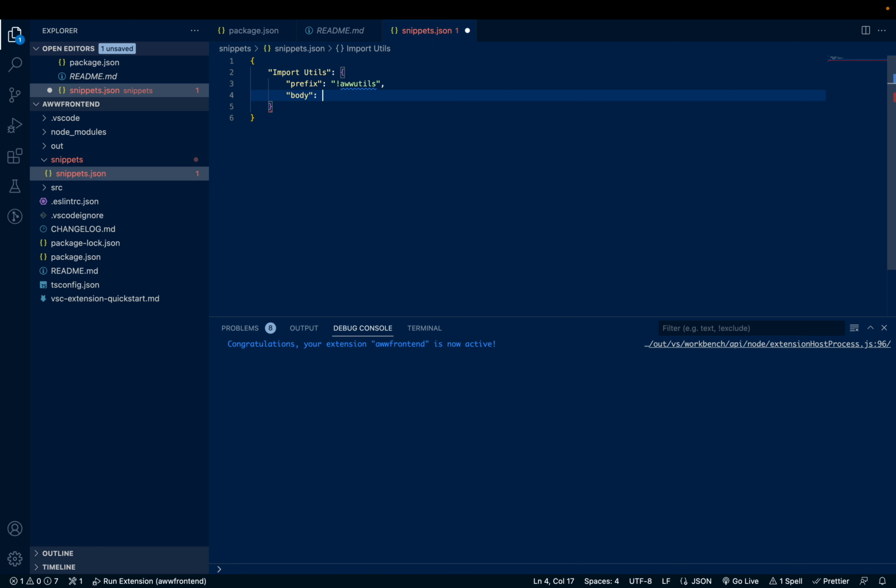So when someone is typing this util, it should be actually replaced with this body. So here I'll be saying import utils from, I'll be saying some imaginary path. For example, I'll be saying from Awwfrontend/utils, and let's create another one, something called generate a snippet